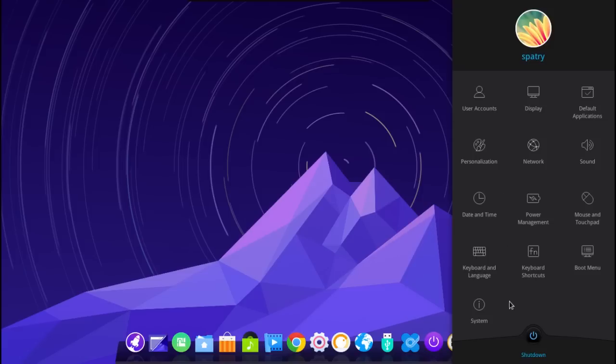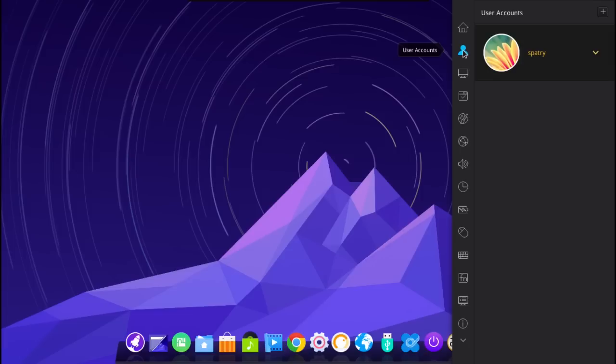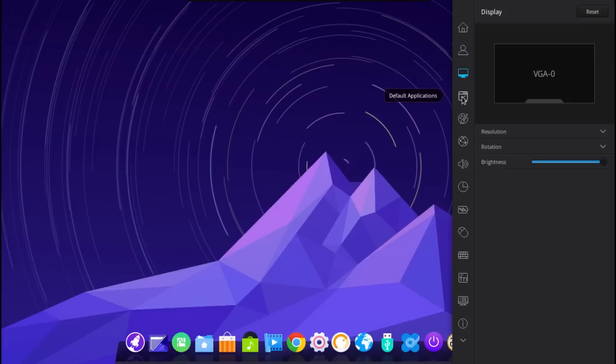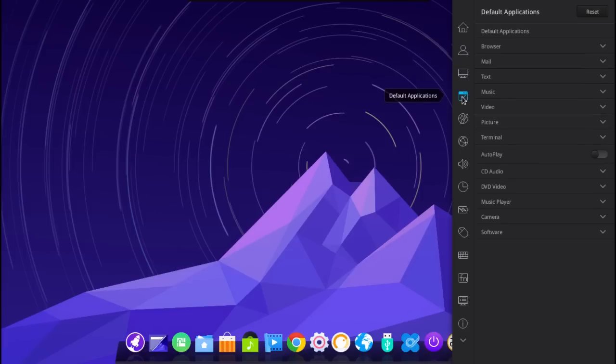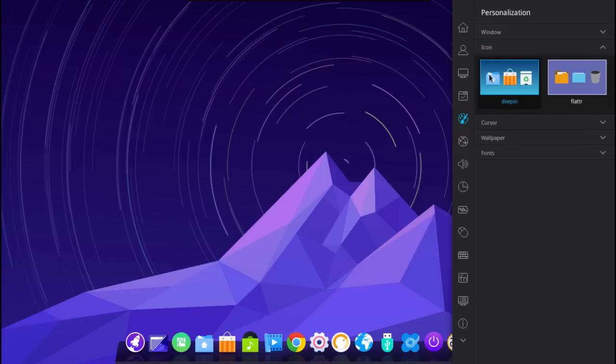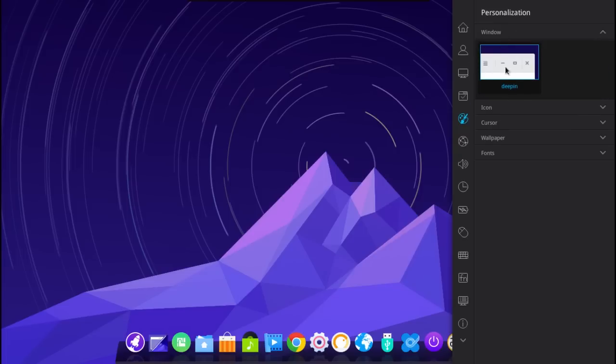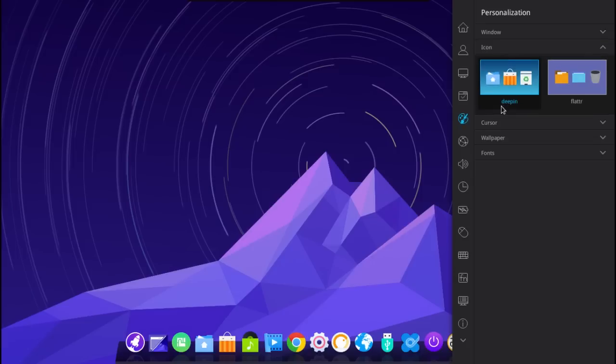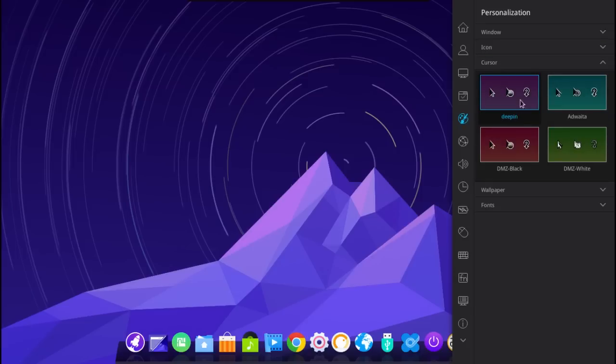You have your home screen here for user accounts, default applications, and that sort of thing. User accounts, display, default applications, personalization options are available here. Okay, and I guess this lets you choose your icons. So there's only one theme that they have with this right now. Okay. Your cursors,